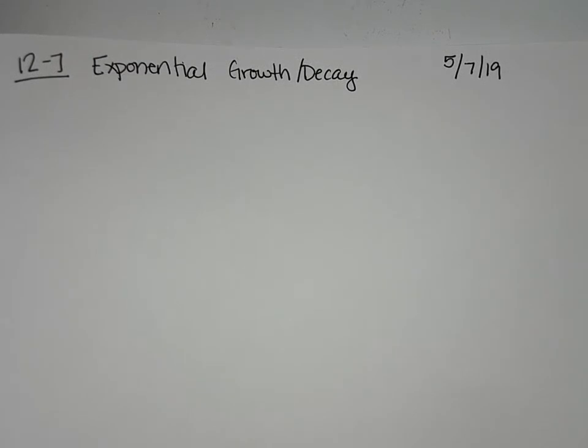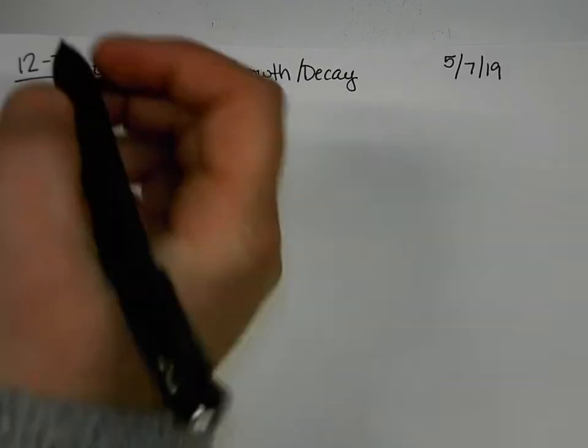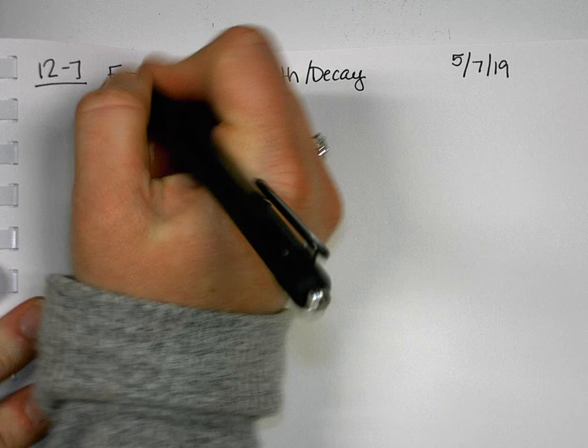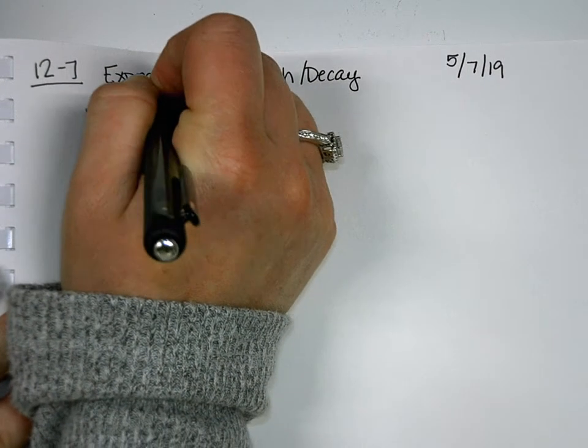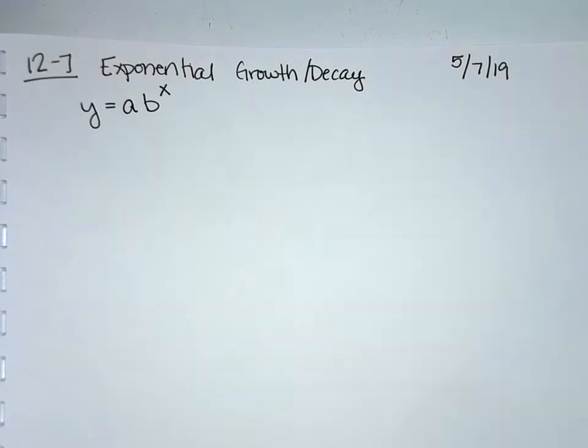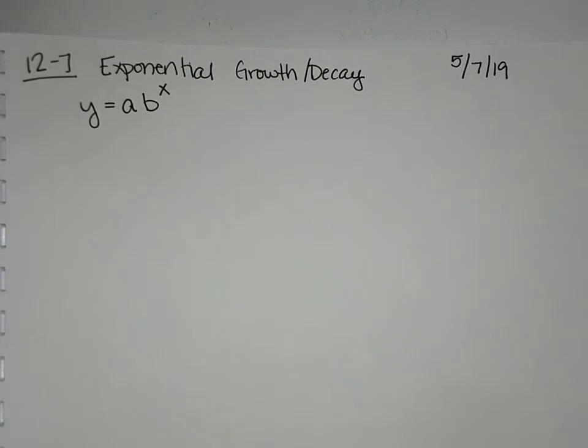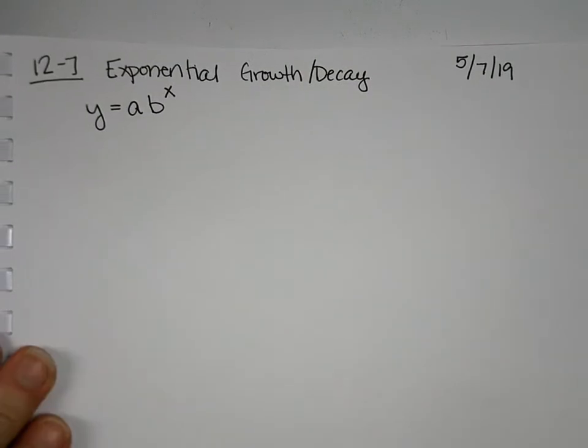But we need logs to help us solve it, and that's why we're doing it here, because we might need to use a log to help us solve it. Not always, but sometimes we do. So our exponential growth and decay both of them have the same formula. It's y equals a b to the x power, where again a, b, y, and x all stand for something